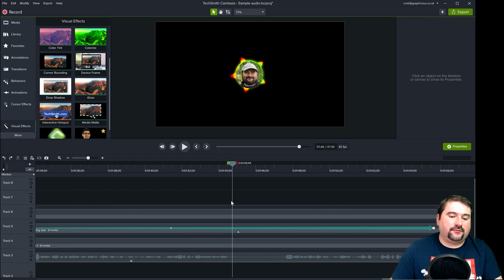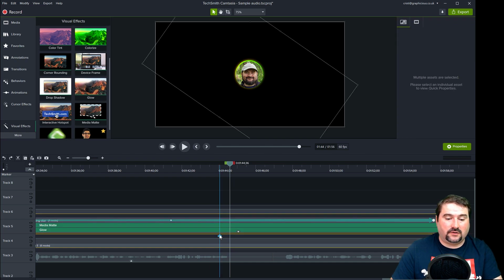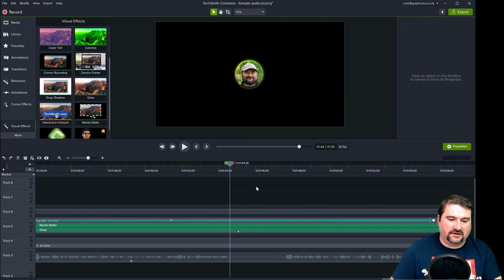When you get to the point where you need to remove something, make sure you don't forget to select the clips you want to cut, because the key S in Camtasia split affects only the selected clips. So if I press S, only the selected clips are split. If you don't want to bother with selections and you want to slice everything, you can press Ctrl Shift S, which will slice all the clips at the playhead, regardless of if they're selected or not. So you don't want to do that in this case.